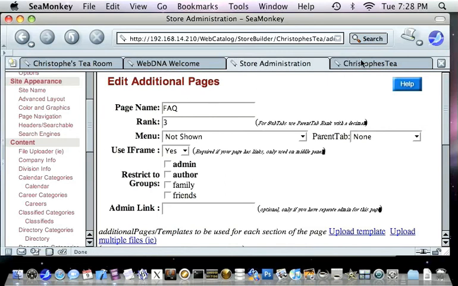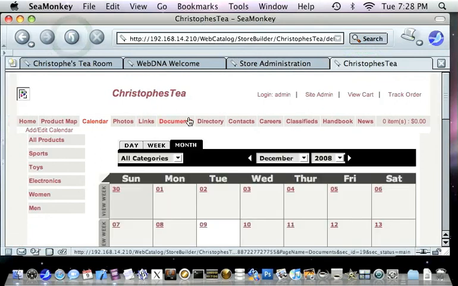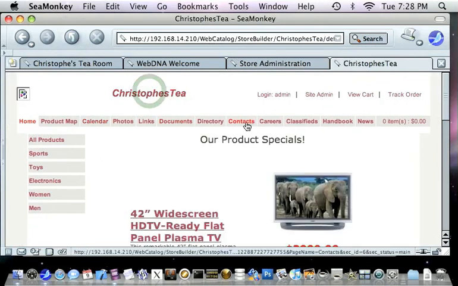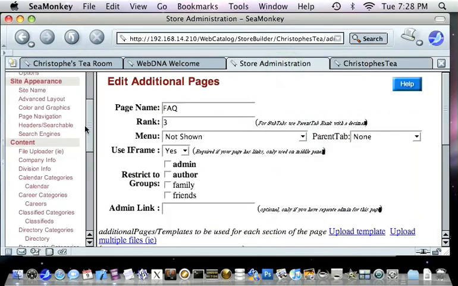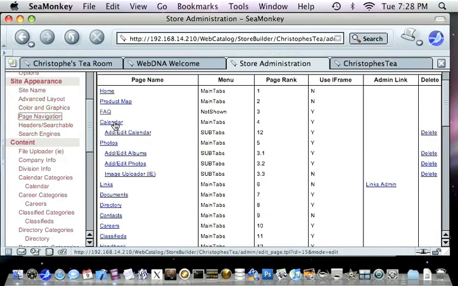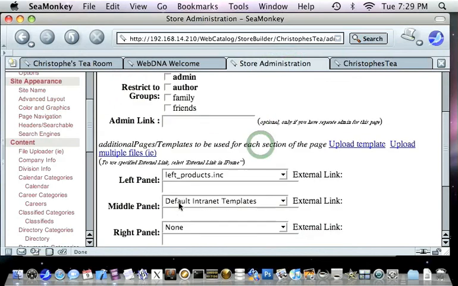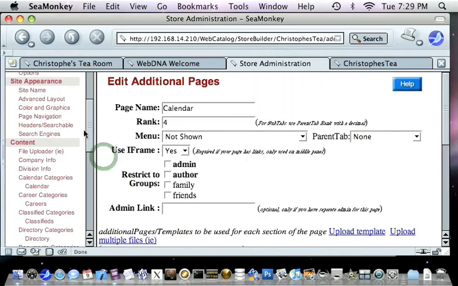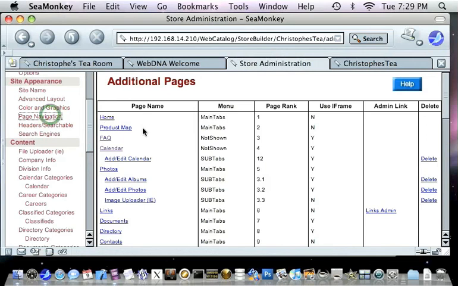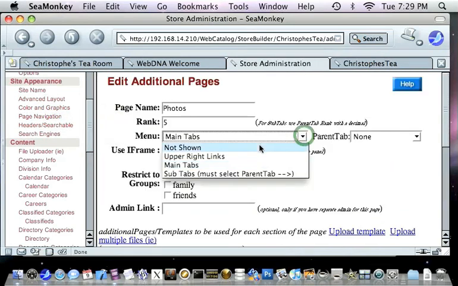So when you go back to the default store and refresh, the FAQ is now gone. So we're going to keep doing that quickly. So page navigation, calendar, take that out, not shown, save. Photos, not shown,